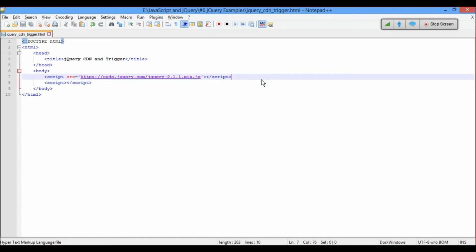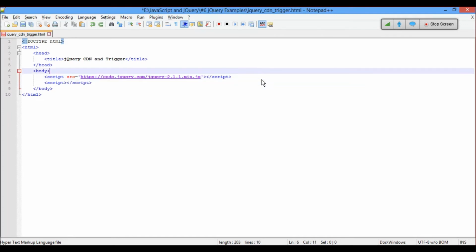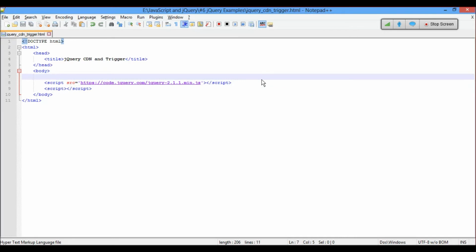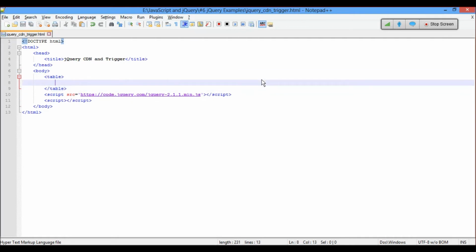Okay, so now you guys remember I've given you a small example, write a table of 10 by 10 matrix, right? Let's go ahead and see. This is my experiment too. Don't assume that we may get the results the first time only. Let's see what we can do here.